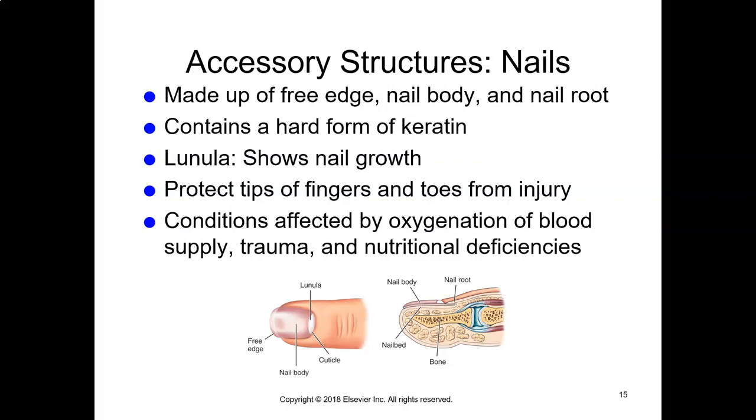Nails are thin plates of stratified squamous epithelial cells. They contain a very hard form of keratin and slide over a layer called the nail bed, which is part of the epidermis. The pink color of the nails is caused by the blood vessels in the underlying dermal layer beneath the nail. The cuticle is a fold of stratum corneum that grows onto the proximal portion of the nail body. And clubbing is a term